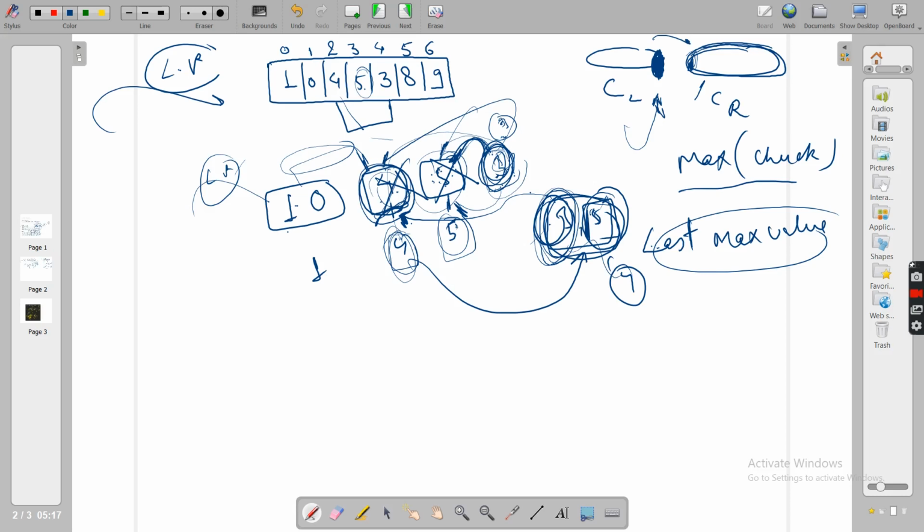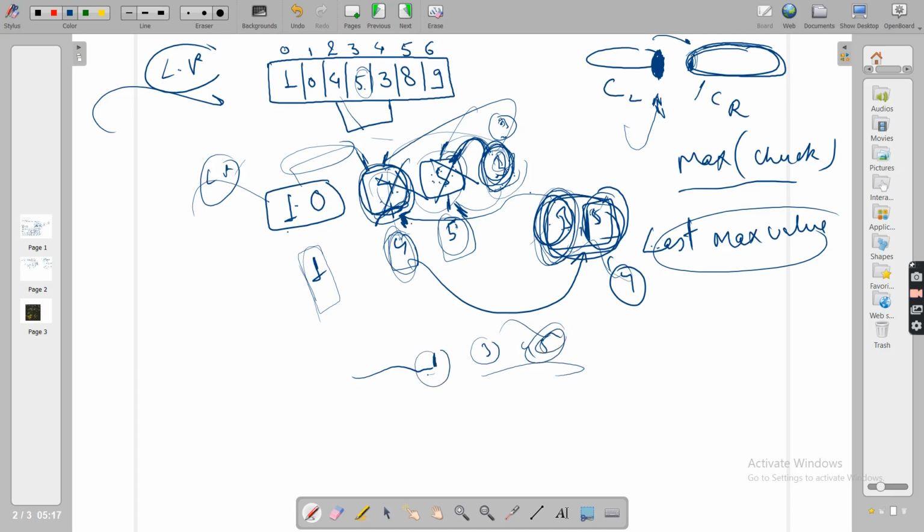Now again, because 3 was the culprit, the villain, 3 will check with whom? The last chunk, what remains there, which is 1 0. And what is its maximum value? It is 1, obviously. So can a chunk whose maximum value is 1 live independently with the chunk that has 3? Look, 3 5 4 are in one chunk, so obviously 5 and 4 will come after 3, so it is all right.